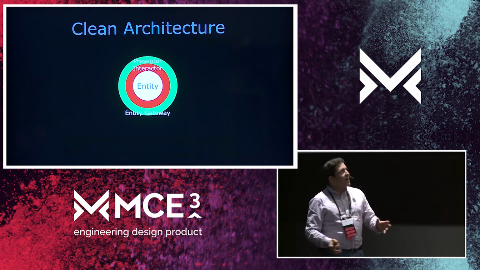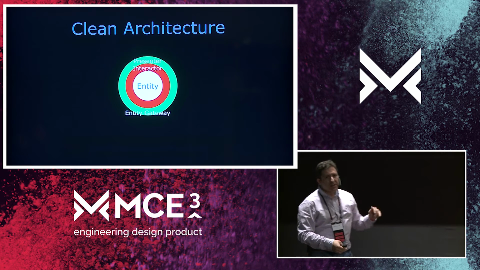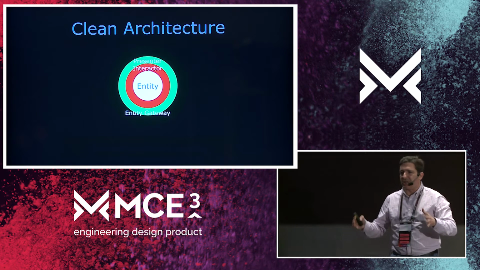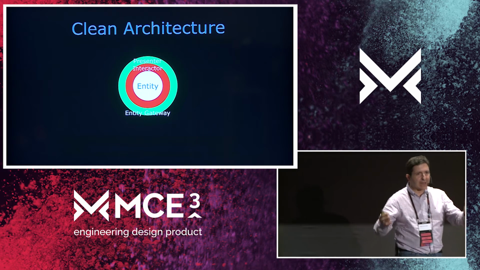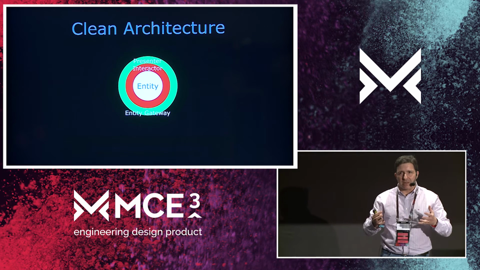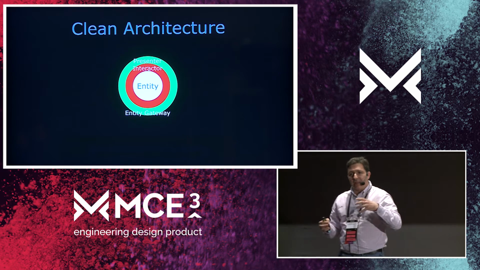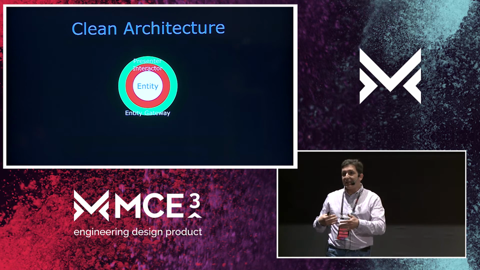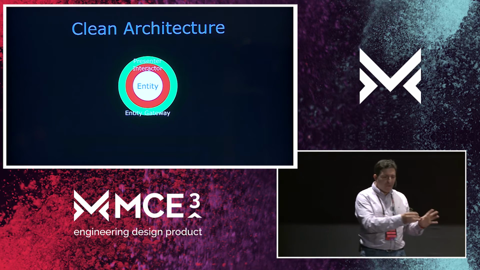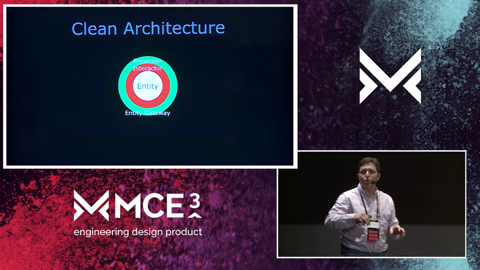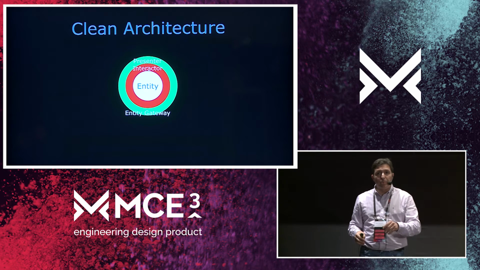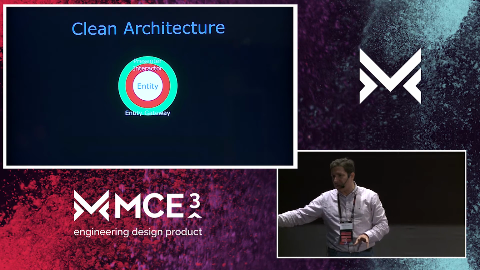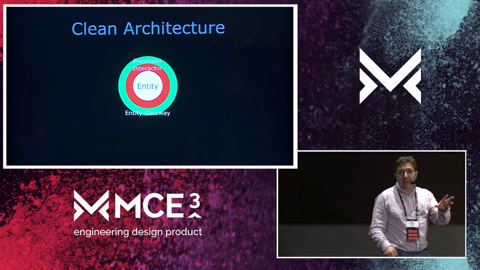The next thing on top of that would be the presenters and the entity gateways. The presenters are responsible for holding the presentation logic, for transforming the data that the interactor has provided to us and giving it to the view. The entity gateway is the gateway, the bridge, for our application to contact any data source. It could bring data from the network, it could bring the data from a local persistence framework, or from a plist, okay?